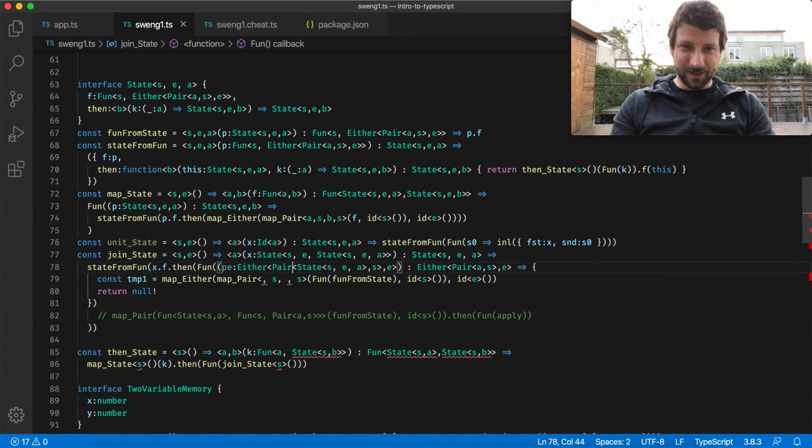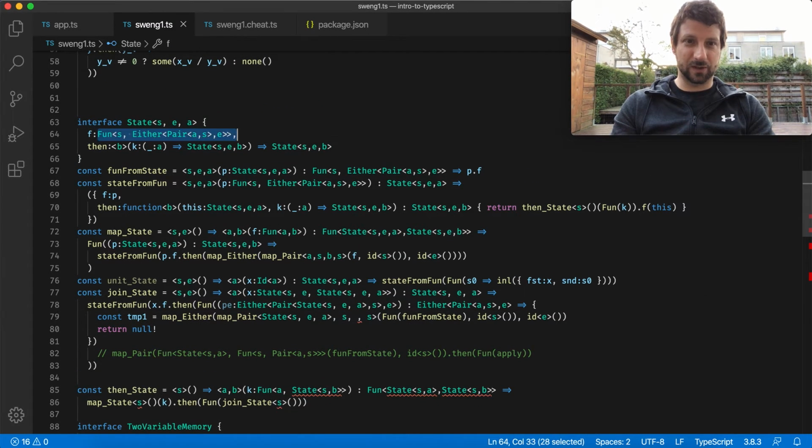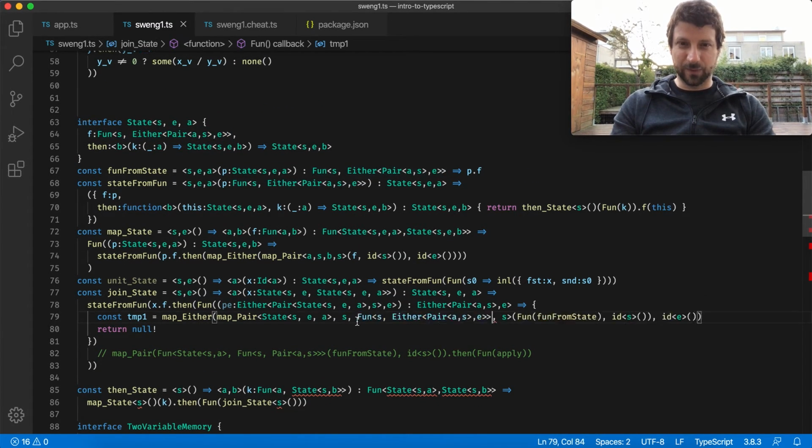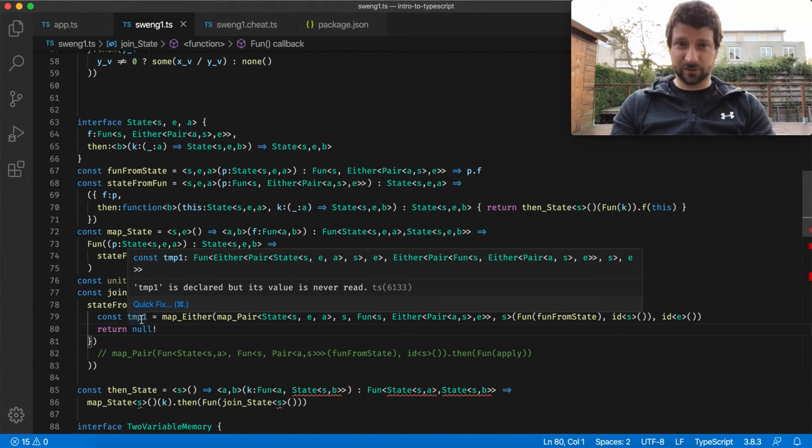So I have in this pair this state here, a state in S, and I want to extract the function, and the function we know looks like this. It's a bit of a pity that TypeScript has some amazing functionality, but the type inference is still definitely not up to par. Okay, and temp1 is now a function that goes from the big either that we have,